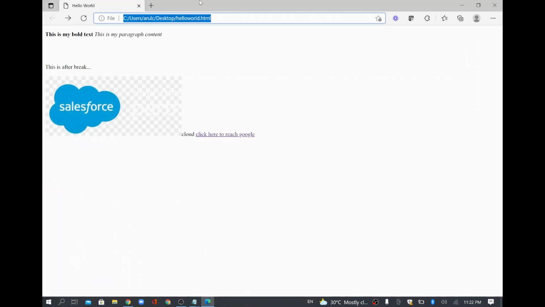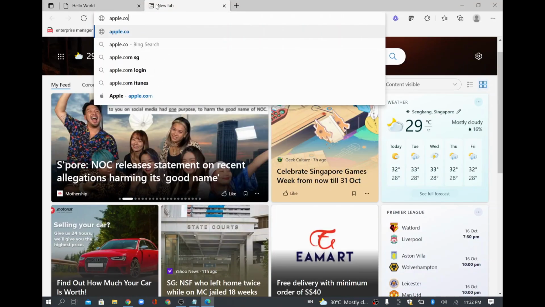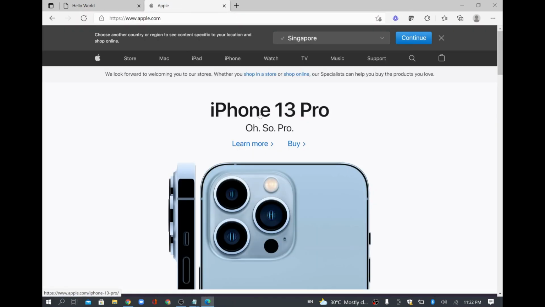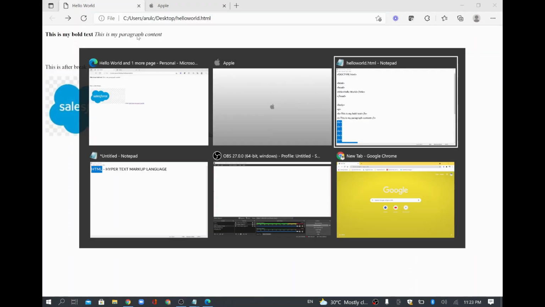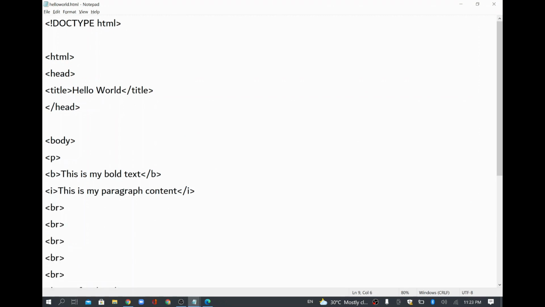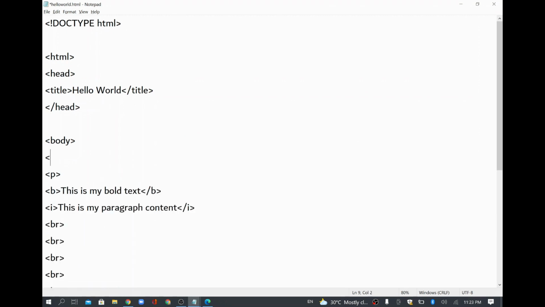In a page, whenever we see some page, for example, when I went to apple.com, some of the text has a different font size, with a smaller heading and a bigger heading. If you want that kind of thing, for example if I want to give some heading, there is a heading tag called H1, and you close the H1. I'll just say Apple iPhone 13 Pro. So this is my text for H1.